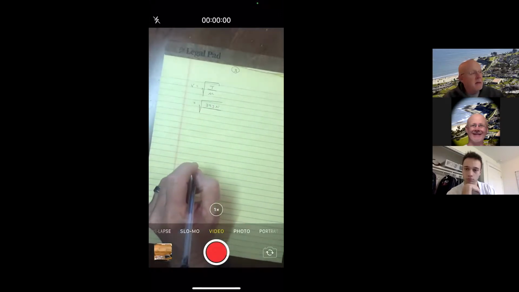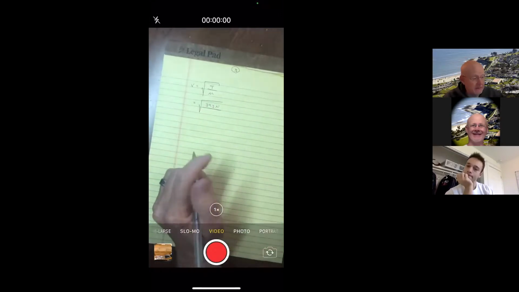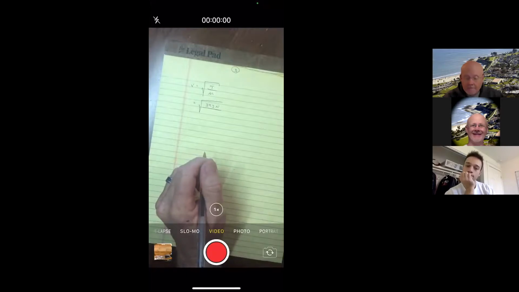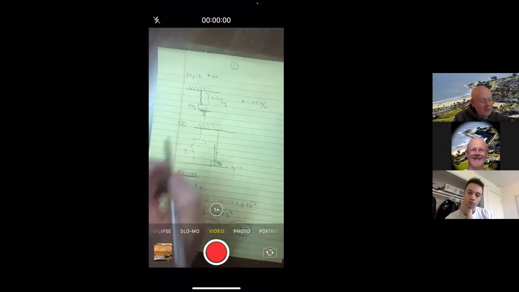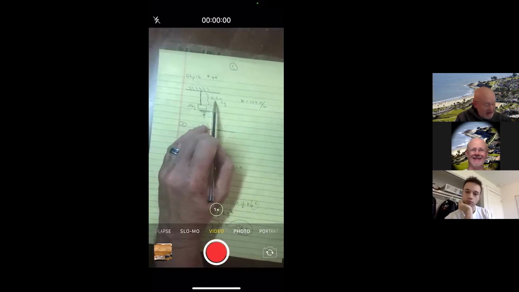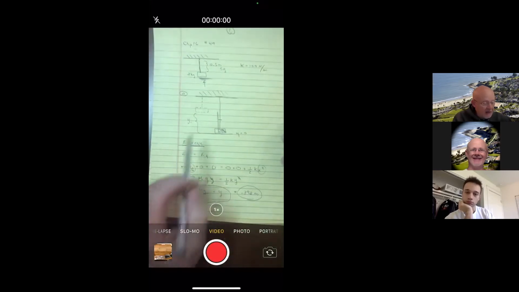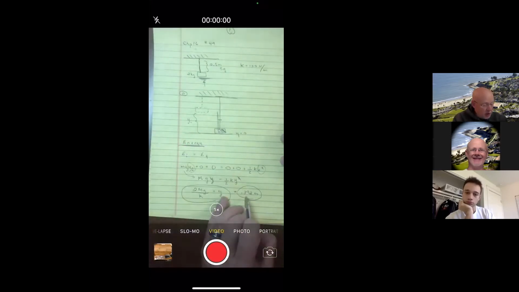And then the mass density would be its mass over its length. I think we have enough information to get the length. Let's see what they say. Oh, so unstretched was 1/2 meter. And then in the stretched position, we had another